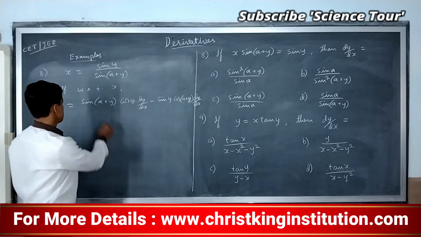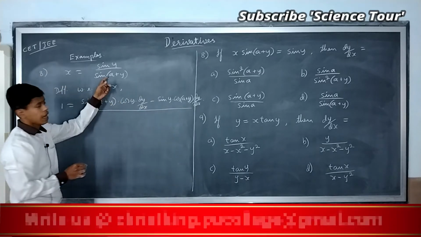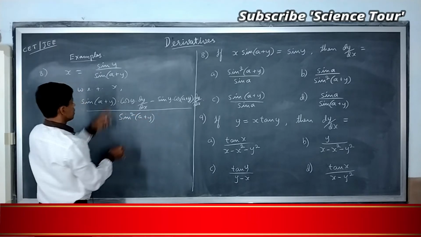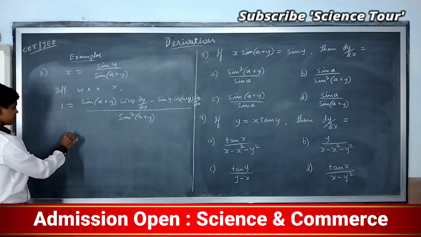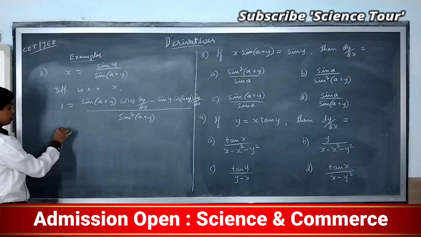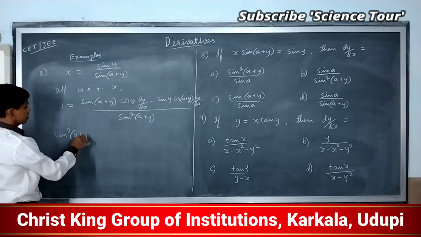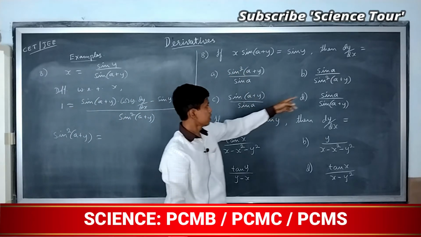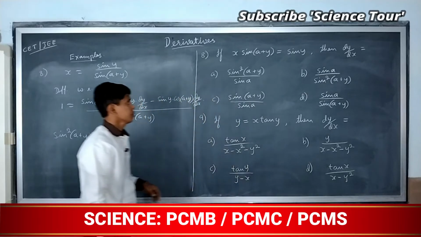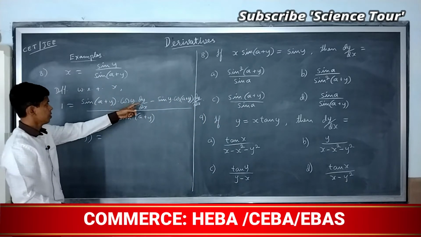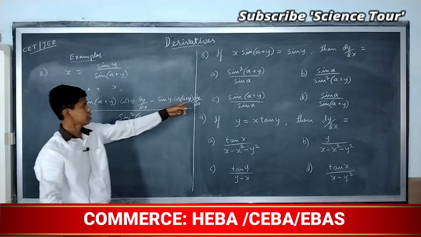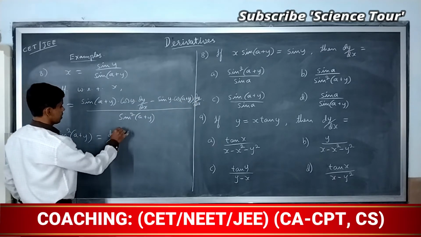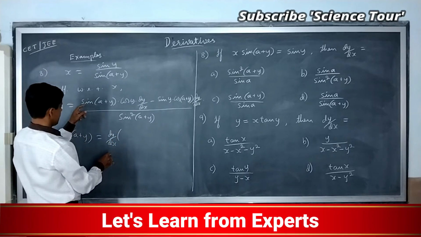Okay, then divided by sin square a plus y, the denominator square. Well, I'll bring that to the LHS. Sin square a plus y, we have that in the options. Sin square a plus y, we'll see. Now here you have got dy by dx, here also dy by dx. Let me take that common. So if I take dy by dx common, I will be getting